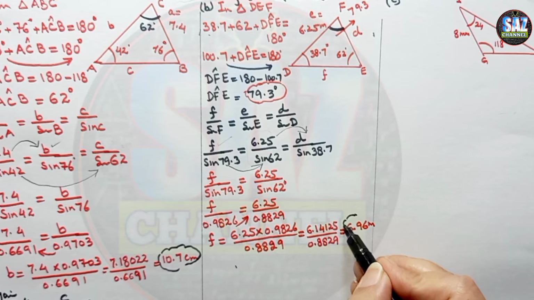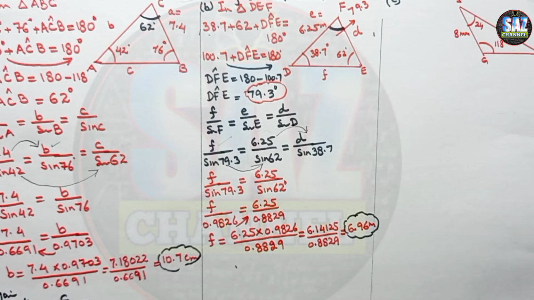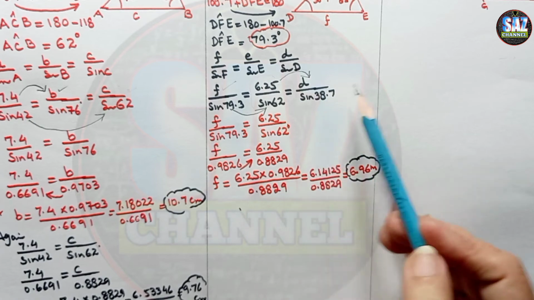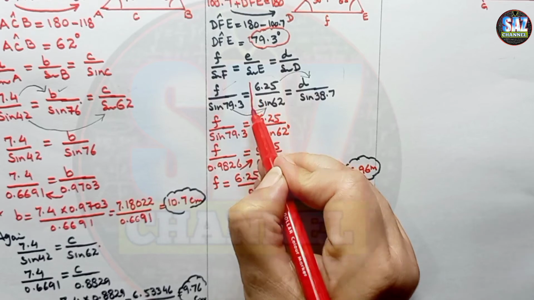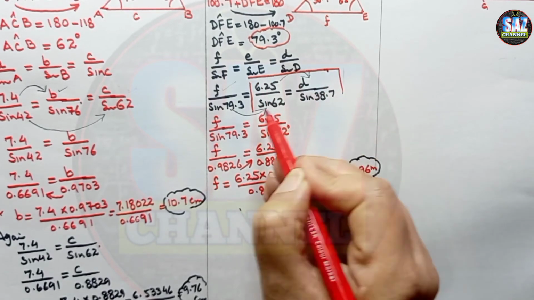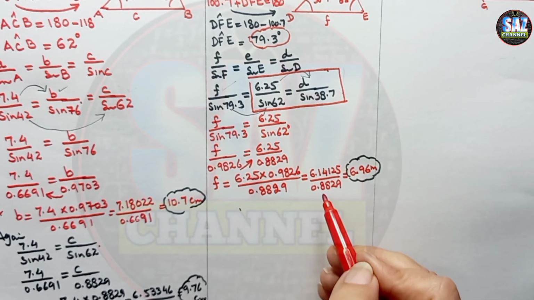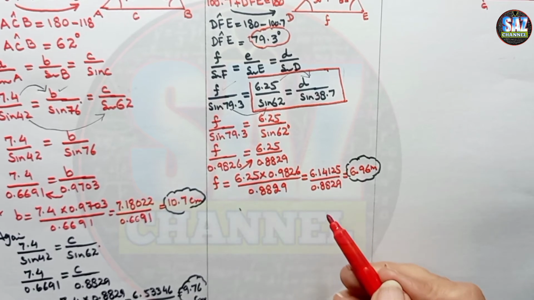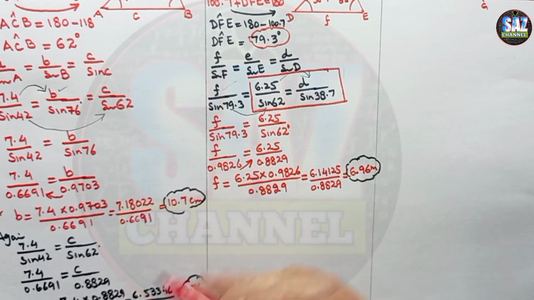Now let me quickly move to the calculation of the other unknown of the question, that is D. Again, you can see that we have to compare 6.25 upon sine 62 with this fraction. Let me block it so that you can see it clearly. Now I'm taking this. I always ask my students not to take the calculation from the previous unknown for the next one, because they can have some mistake, and an error in the previous part can cause an error in the next part as well.